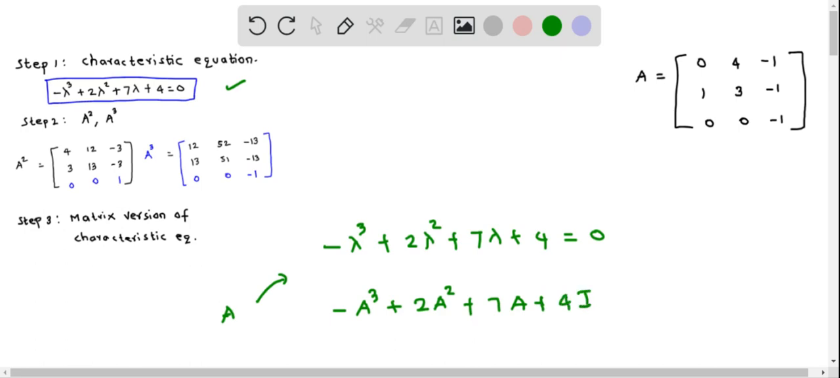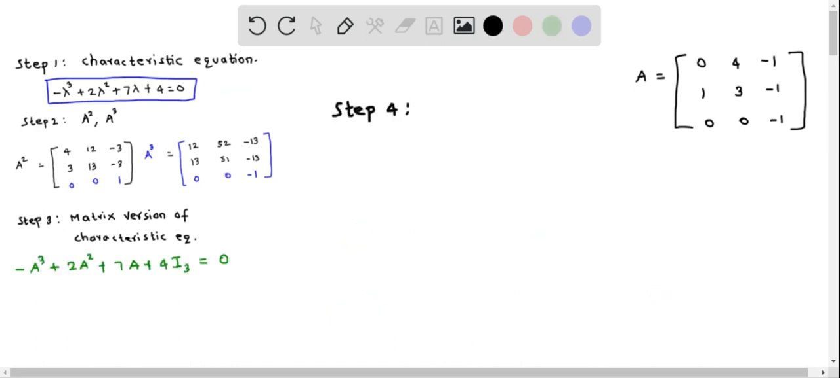Here we have to write down 4 times I3, because it's a square matrix of order 3. So we put 4I3, and this equals 0. So this completes step 3. This is the matrix version of the characteristic equation. Let's do step 4. So here we substitute the powers of A into the matrix equation that we determined in